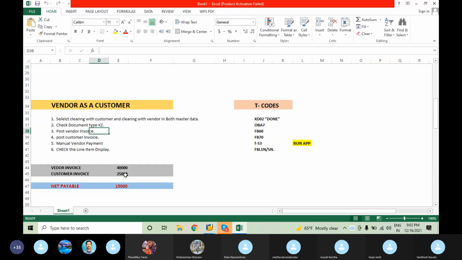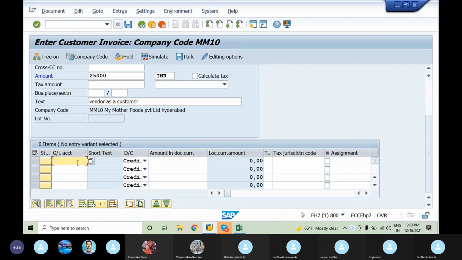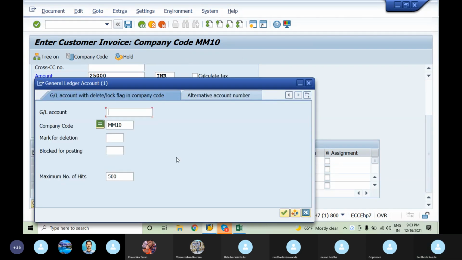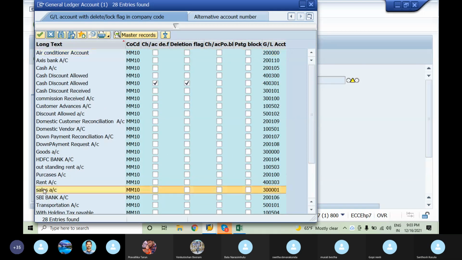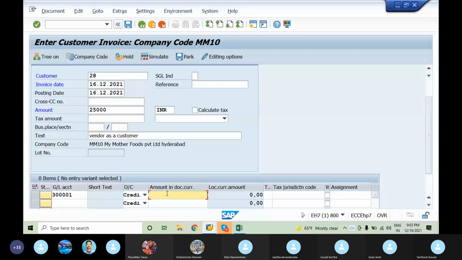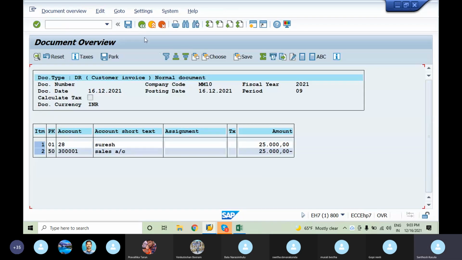Amount is 25,000. Customer account data to sales account. Simulate.